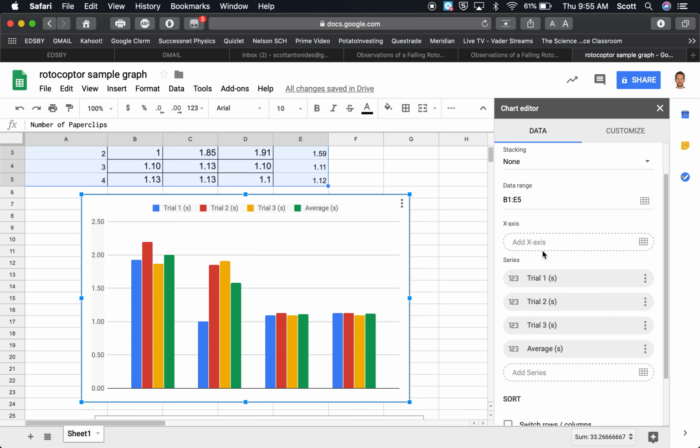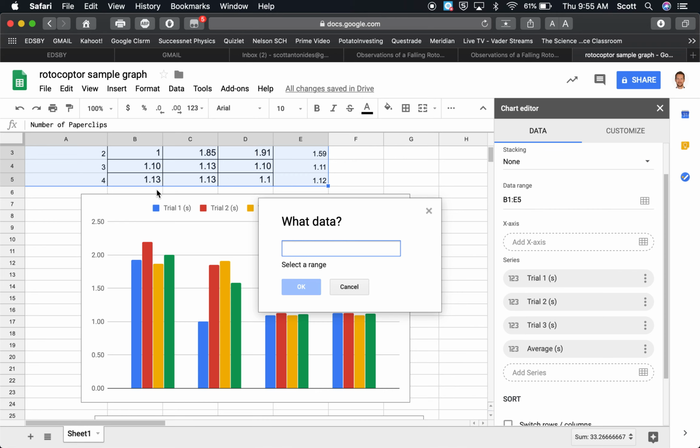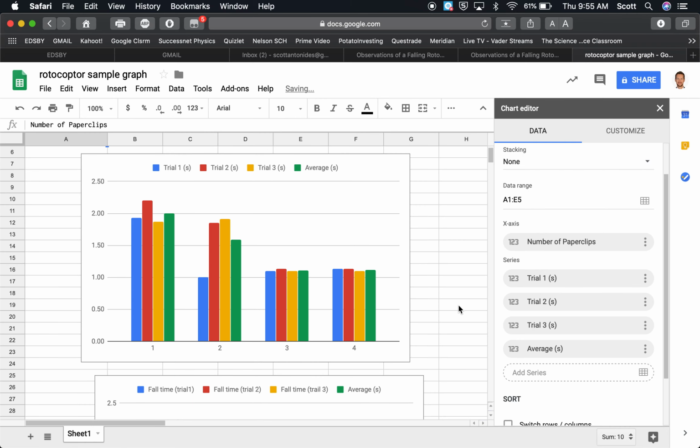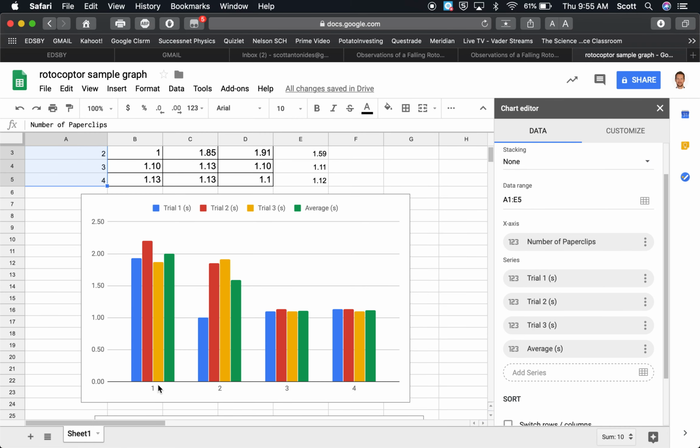Okay, your x-axis doesn't have anything right now, but your x-axis should be your number of paper clips. Your x-axis always has your independent or manipulated variable, the thing that you changed in your lab. So here we're going to select an x-axis. What data do you want? And we want this data. Highlight it, hit OK, and then it adds 1, 2, 3, and 4 number of paper clips as your